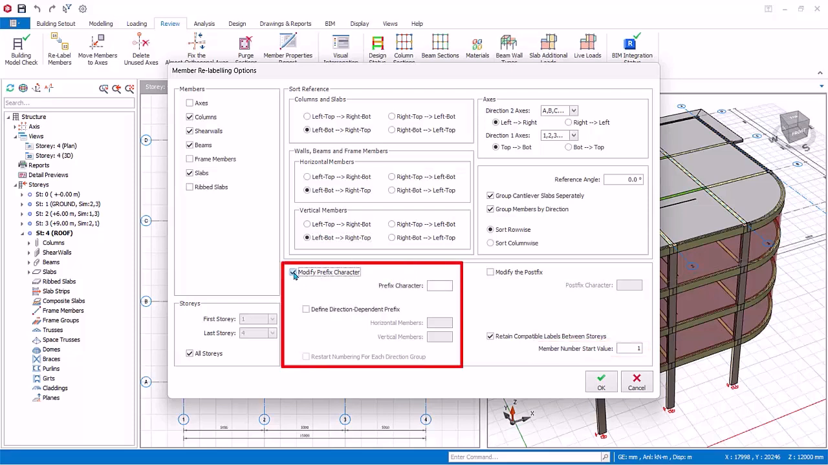Member number start value. Member numbers will be started using the value specified in this field. Modify prefix character. For example, if you want to add a prefix to column using P, then instead of C1, after relabeling, you get PC1. Define direction-dependent prefix. This is particularly useful for beams. Example, if you want horizontal and vertical beams to have different prefix, you can enter H for horizontal members and